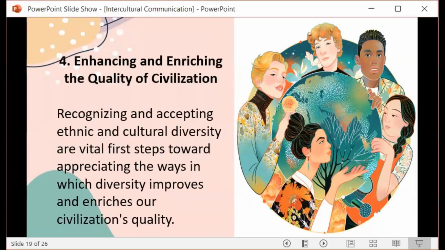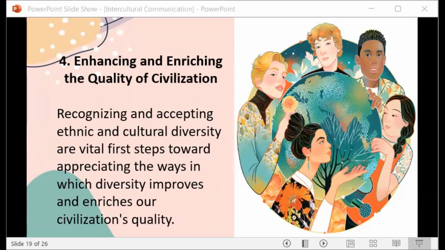It could also help us enhance and enrich the quality of our civilization. So recognizing and accepting ethnic and cultural diversity are vital first steps toward appreciating the ways in which diversity improves and enriches our civilization's quality. So all of this importance of studying intercultural communication is essential, because just like what I mentioned earlier,